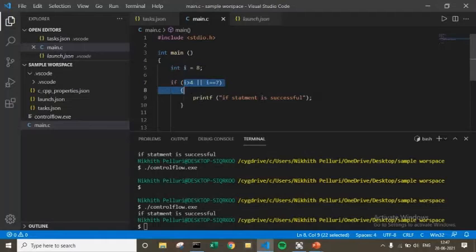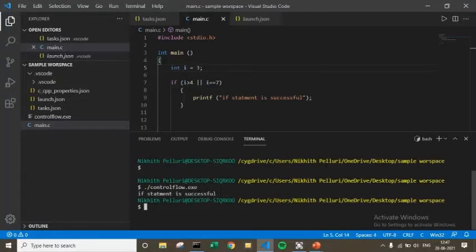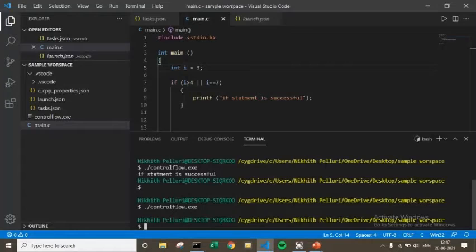If both conditions are not true, for example, let's make it something like 3, yes, it will not print. So let it be as it is, 5. Okay, let it be 7. Let it be ampersand. So let this code be like this.